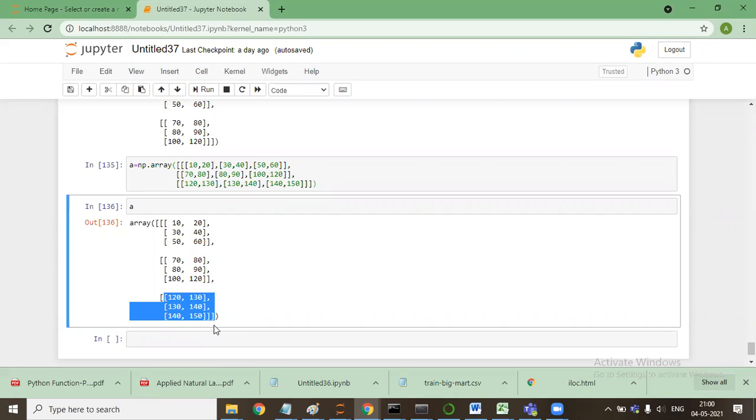Yes, sir, I understood. Can you just tell, sir, what each element is representing? Like in this, like 70, 80 or 80, 90, what are they specifically? If I say 70, 80, this is a row in each dimension. So in this scenario, 3 matrices have been made within a single matrix. Sir, do all 3 represent each color, like RGB?